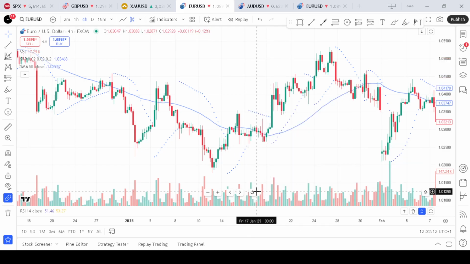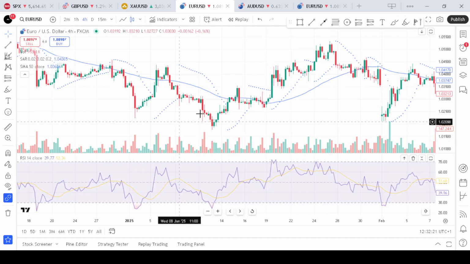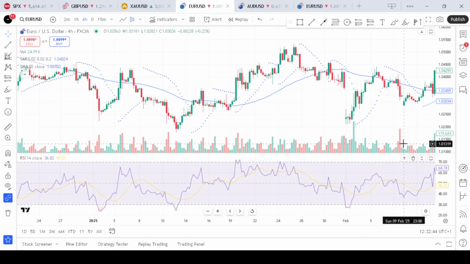Once we have done that, we can use our RSI indicator to further confirm the reversal on our chart, to check if price is in an oversold or overbought region. As you can see, it is below the 40. When price is in the 40 region, it means we are in an area where price is getting to its bullish area. We can see price is heading towards the oversold region, signifying that we are looking for higher prices from the